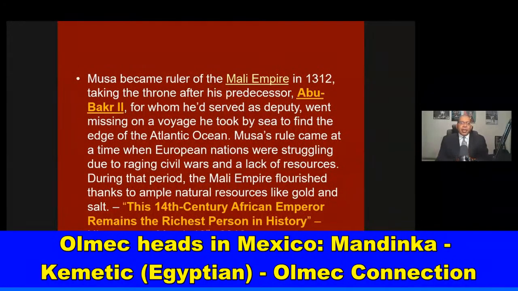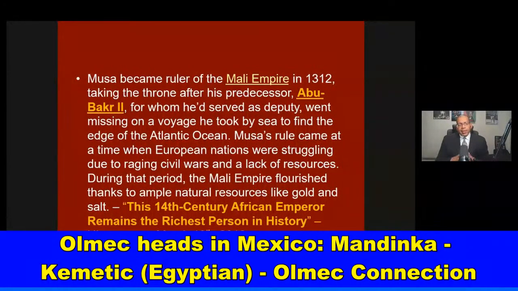Mansa Musa became ruler of the Mali Empire in 1312 Common Era, or AD, taking the throne after his predecessor, Abu Bakr II, for whom he'd served as deputy, went missing on a voyage he took by sea to find the edge of the Atlantic Ocean. Mansa Musa's rule came at a time, now this is extremely important right here,